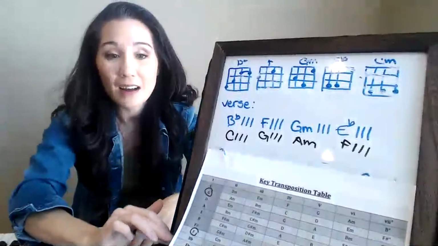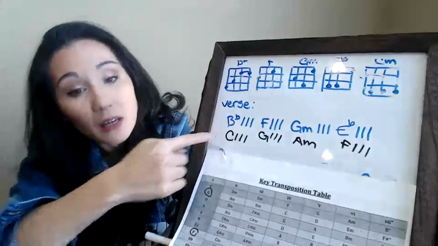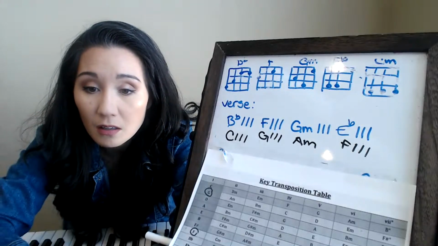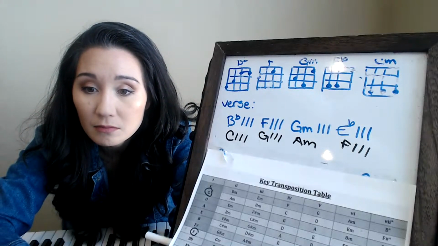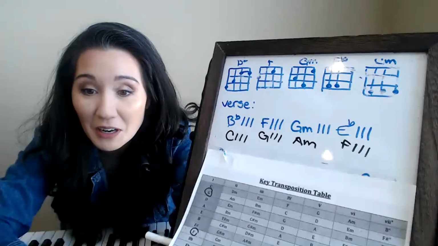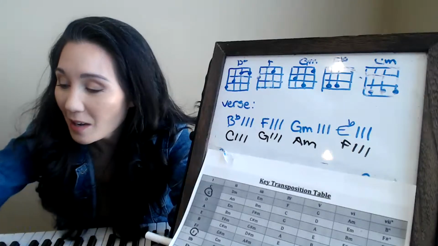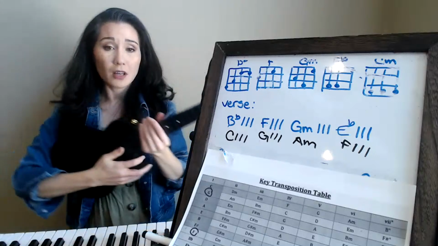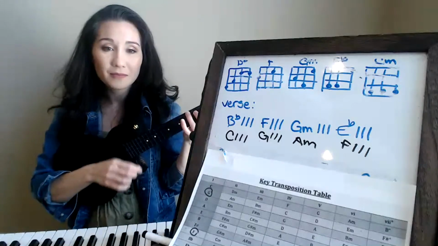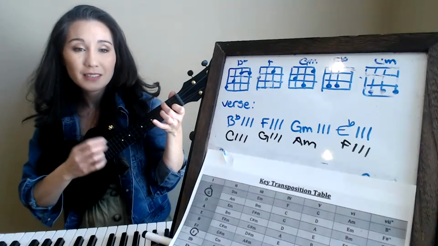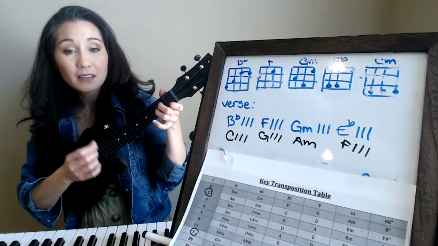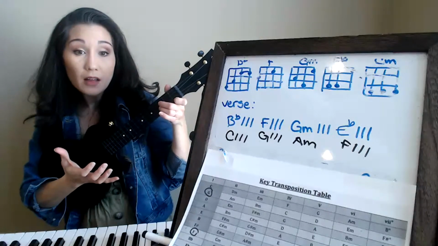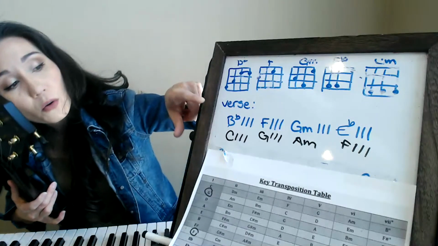So now from this compared to this, what do you think? It says Mike can't bar for anything. And so what happens is that it's a different key, but it's in the same pattern. So here's the B flat, F, G minor, E flat. All right. And then if I transposed it to these chords right here,